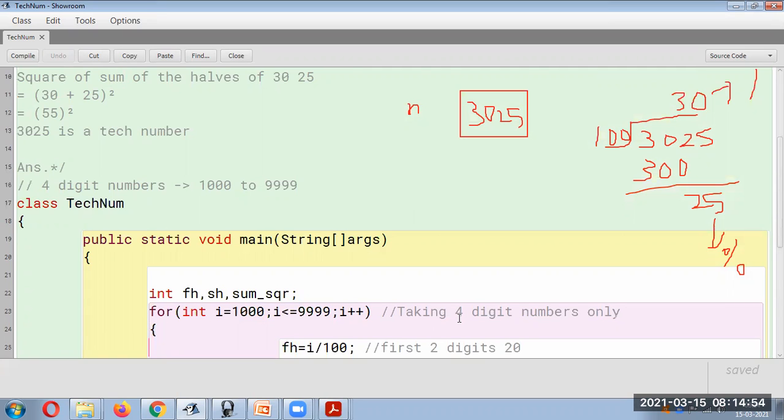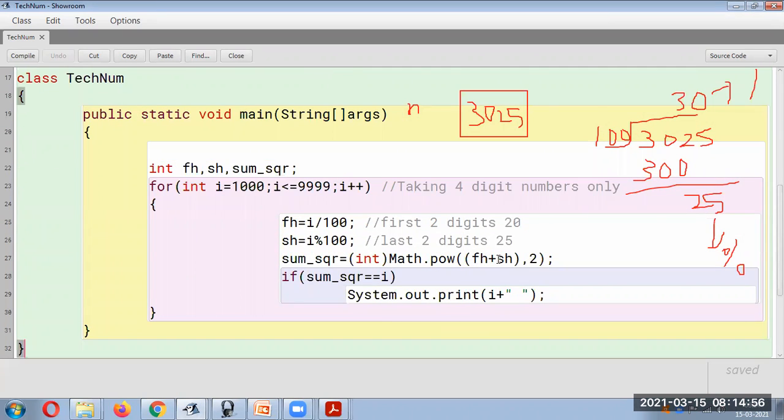This is what is done over here. So first you take the square of the sum, FH plus SH, whatever is there, you take the square. And if after taking the square of the sum and this I are both the same, then you have to print that it is a tech number.